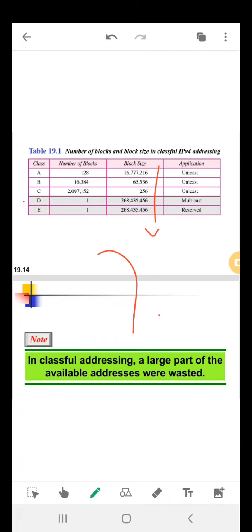That I will have to divide by 16. And after dividing by 16, if the remainder is 0, then we say that it is evenly divisible. So in case of classless, what happens is that